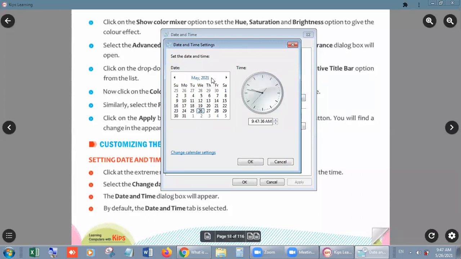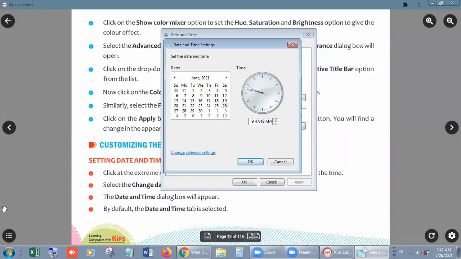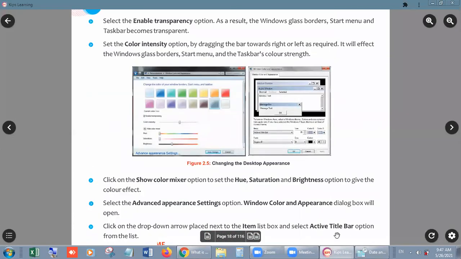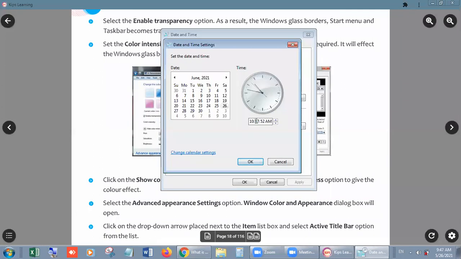Look, students, here we can change the month as well. Suppose I am moving to the month of June and I want to make it June 26, right? And the time I want to change to 10. Suppose I am writing here 10, or in place of 45, I want to make it 50.